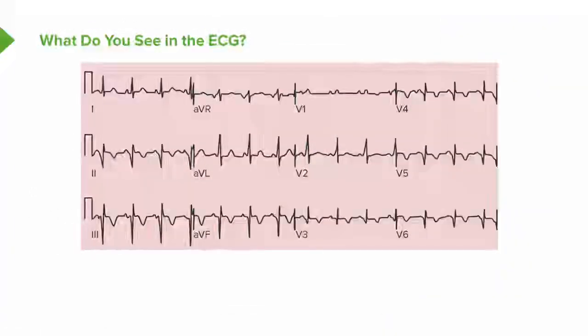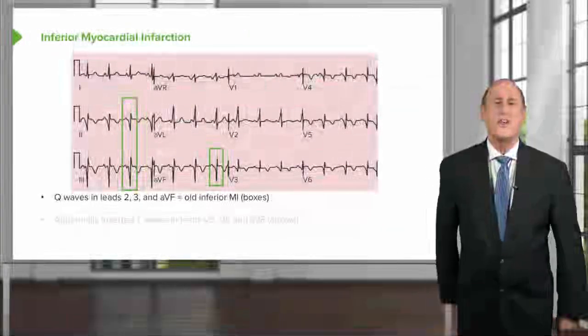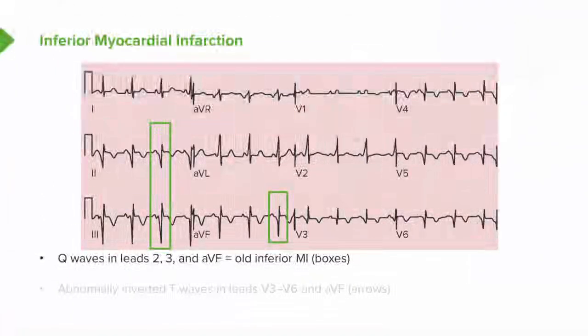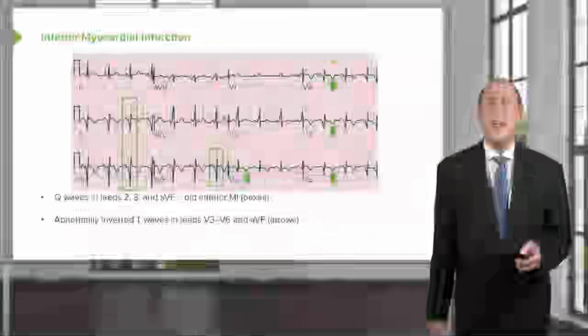How about this ECG? This ECG shows an inferior wall myocardial infarction. Notice in the green box, there's a little bit of ST segment elevation in leads 2, 3, and AVF, and there are Q waves in 2, 3, and AVF. This may be an older inferior myocardial infarct. Often the computer will read this as age indeterminate. There's not as much ST elevation as you normally see if it were acute, so this may be anywhere from days to months old. And of course, there are abnormally inverted T waves in V3 through V6 and AVF,